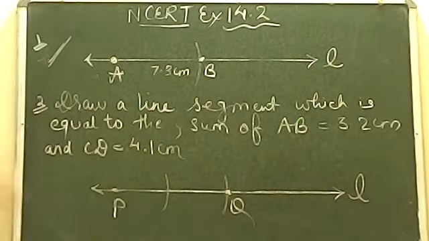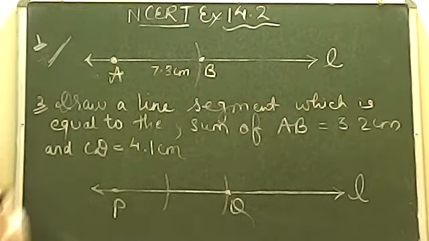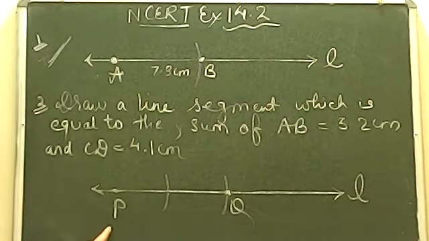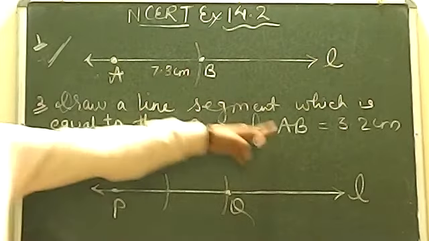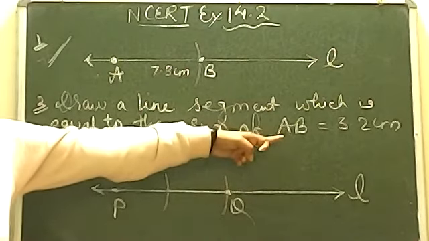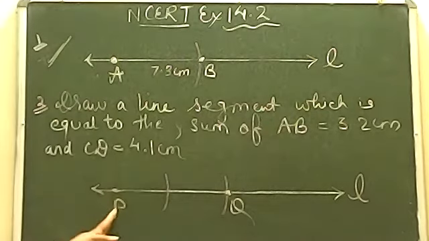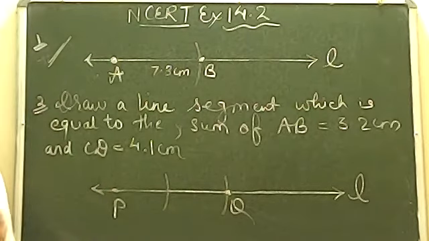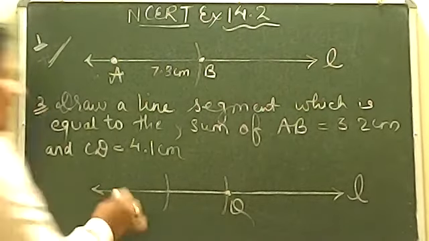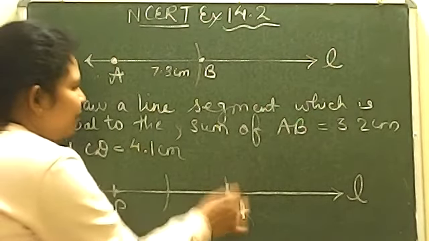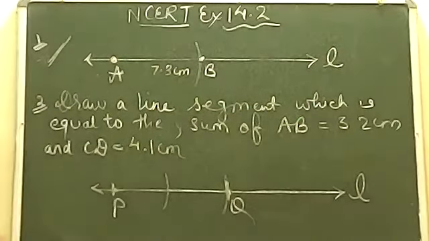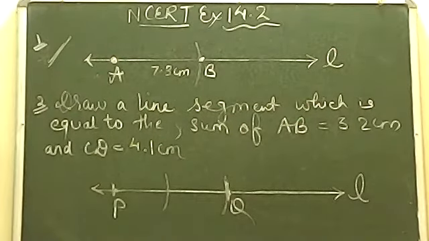Give the name PQ. It can be given the name MN, XY. Whatever name you want to give, you can give. Sorry, I gave the name A here. A will not be taken as the name because AB was given the length of another line segment. Okay. So I will be changing my name and I will be writing PQ, XY, MN, whatever you wanted. And now you can see the PQ length. This PQ will be the length of the sum of these two given sides, which were AB and CD. Is it understood, beta? Tell me yes or no.